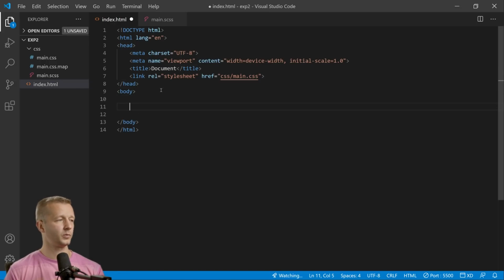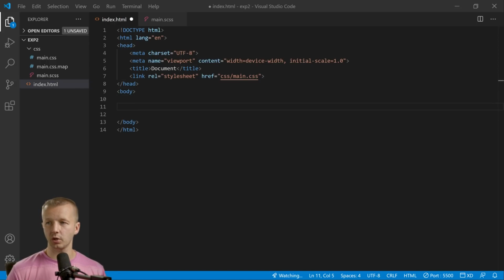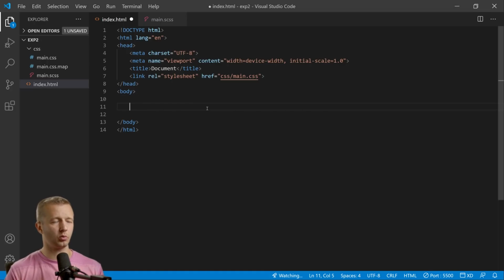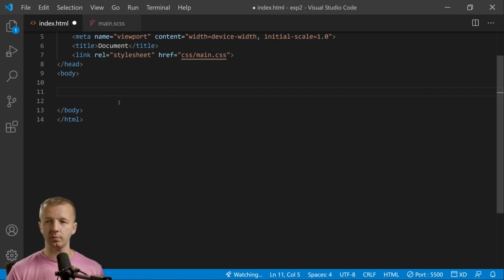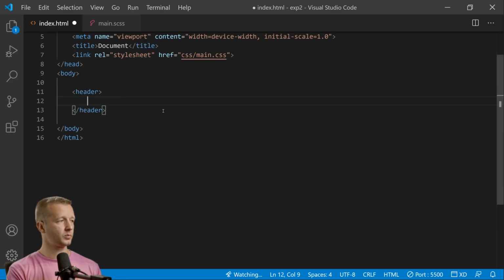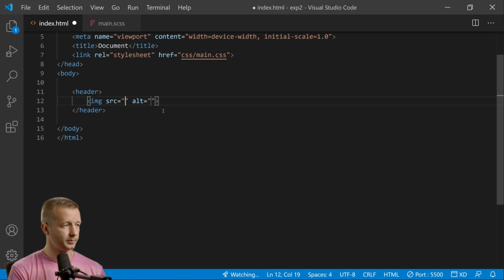All right, so the first thing we're going to do is worry about our markup here. It's fairly simple, but the HTML structure will start to make more sense as we progress. Control B to get rid of that sidebar. And we're going to wrap everything in a header tag. And then we're going to have an image element with a source that's going to go to